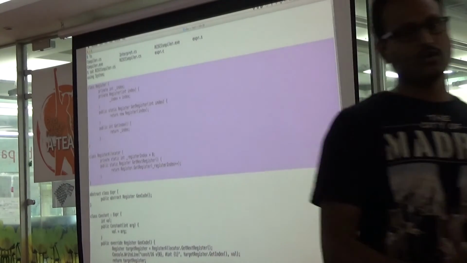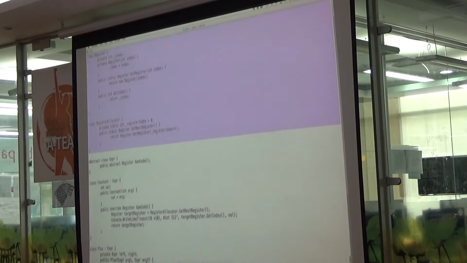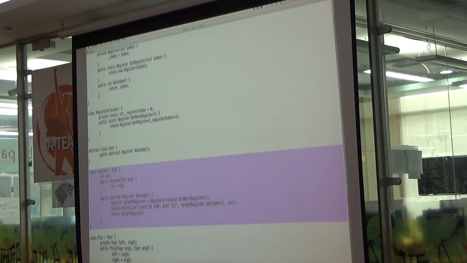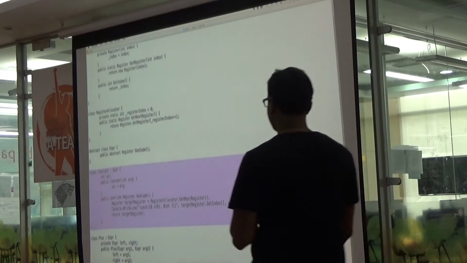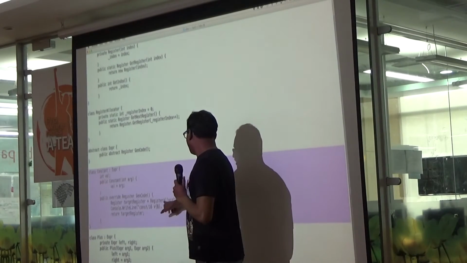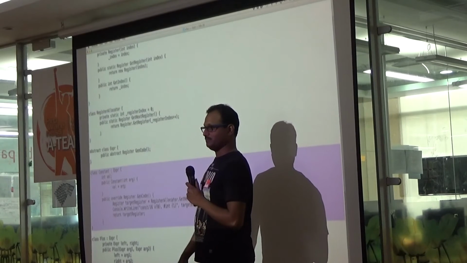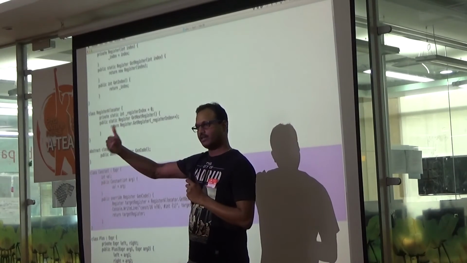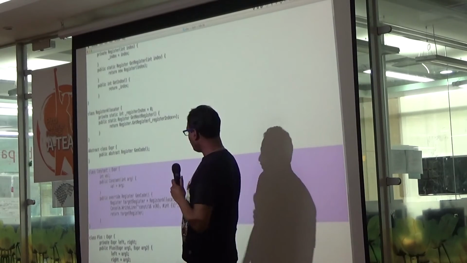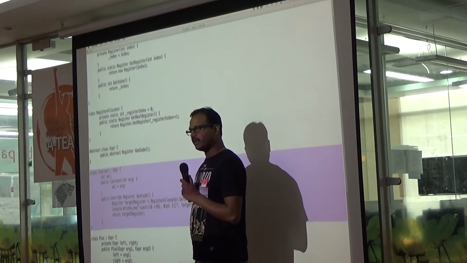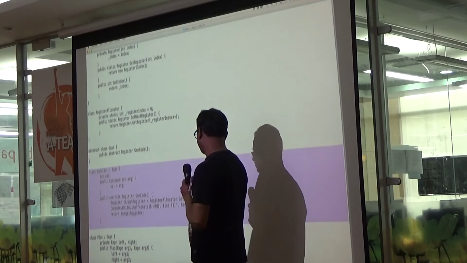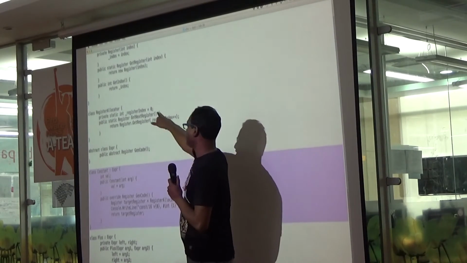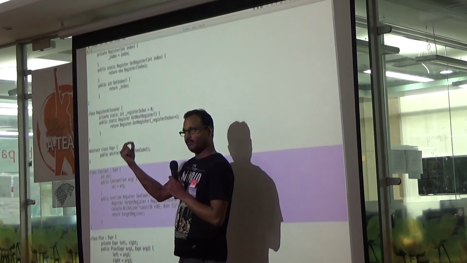Now how does real code look like? Now we have a constant. How does a constant work? For the code generation of constant, I say register allocator dot get next register. Let's say I have only 10, that's my tree. And the constant dot get gen code will get called. Now what will I get here? What will the target register be? V0. I'm calling this for the first time, right? The index will be 0.